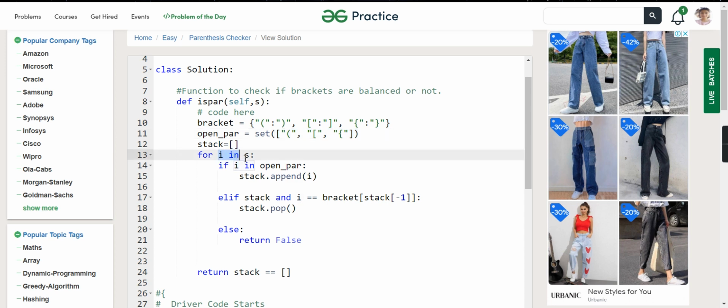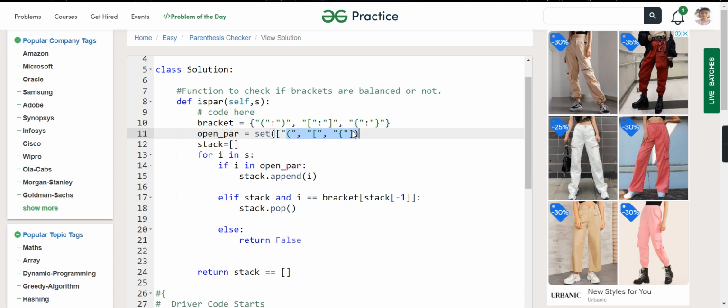Now let's go to each item in the string, and if it is in the opening parentheses, it means if it is one of these, we will directly append it to the stack, and if it is not among these, it will be a closing bracket.